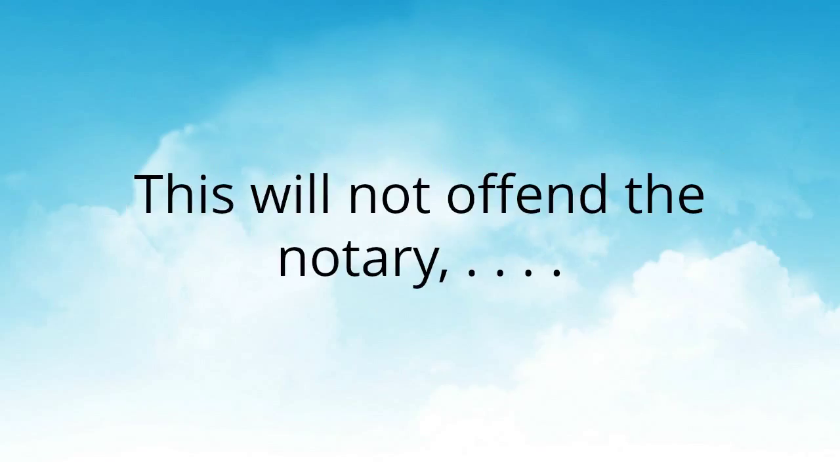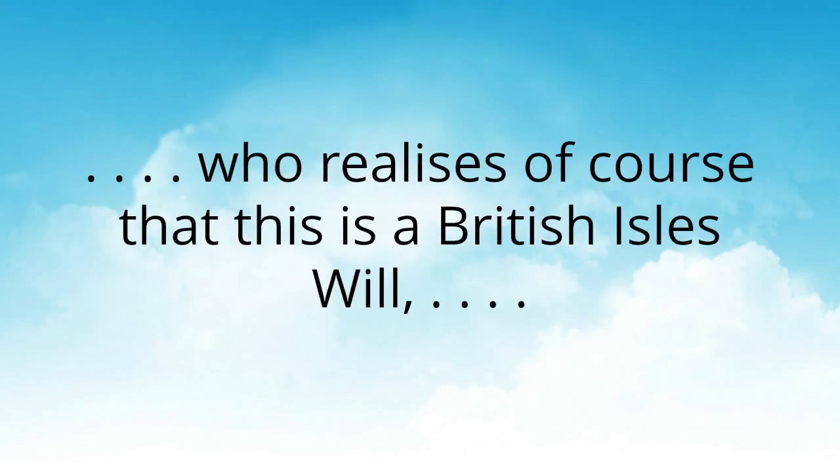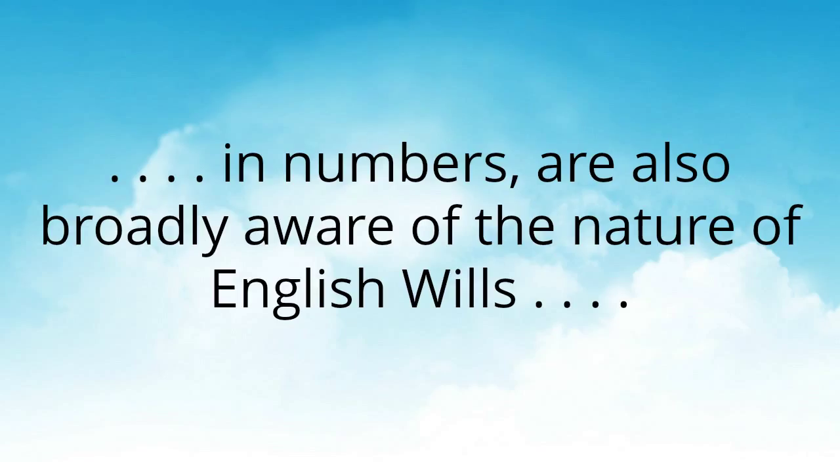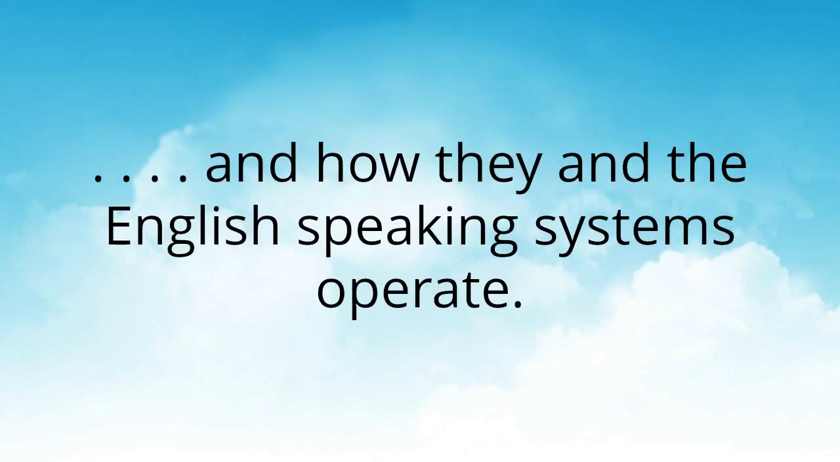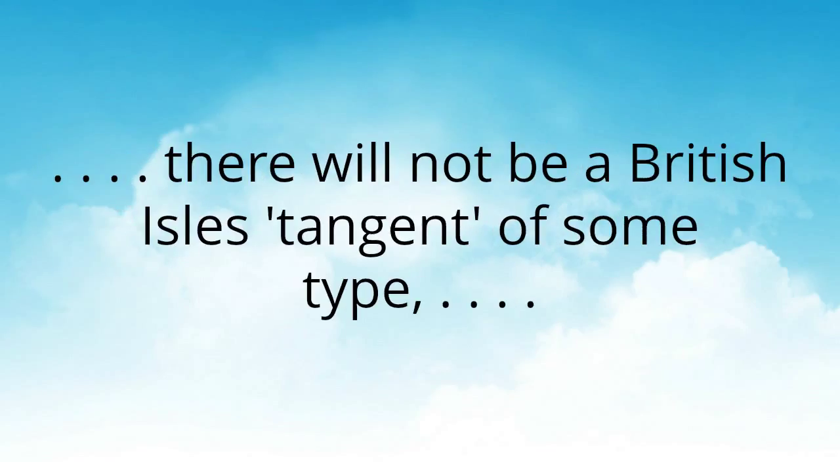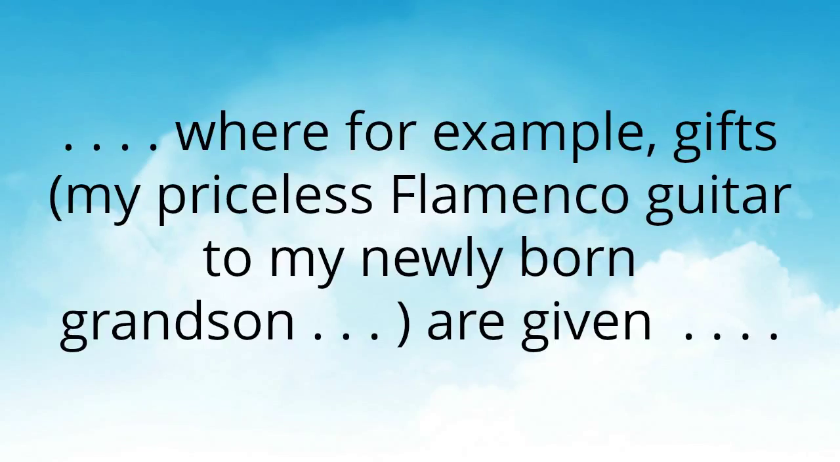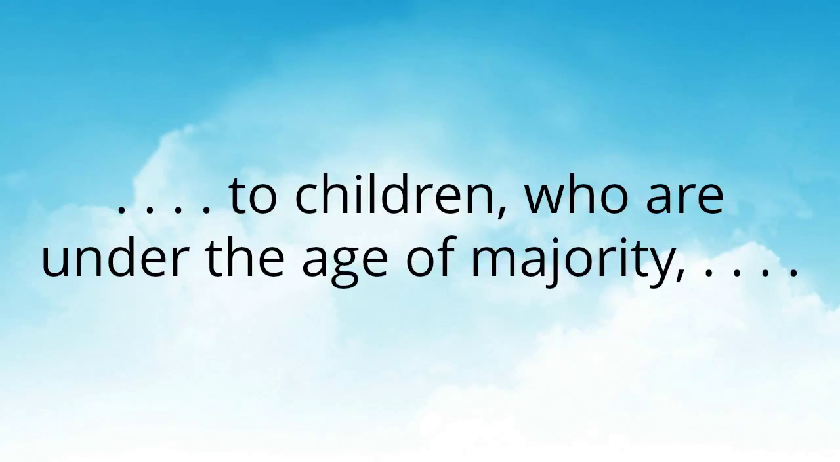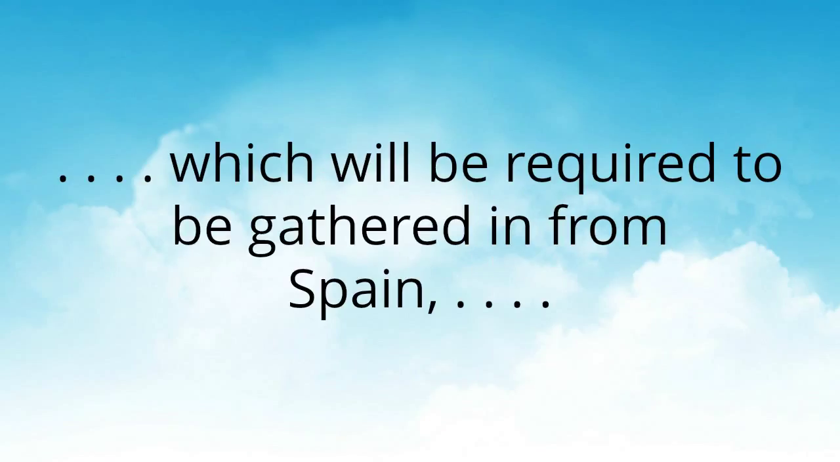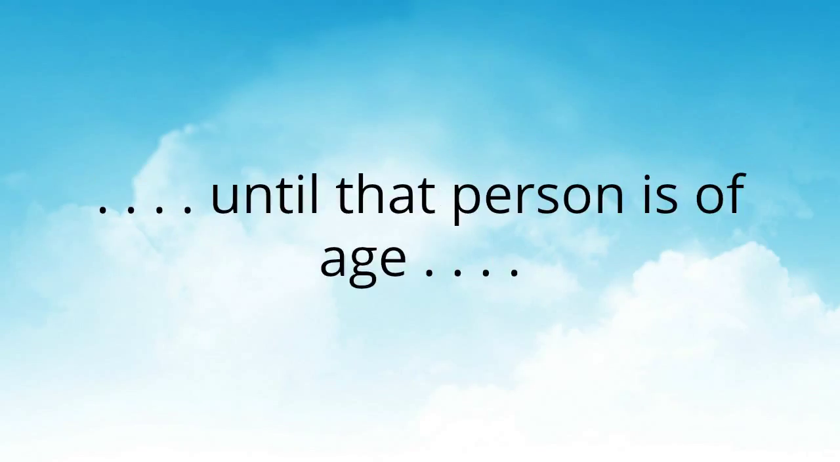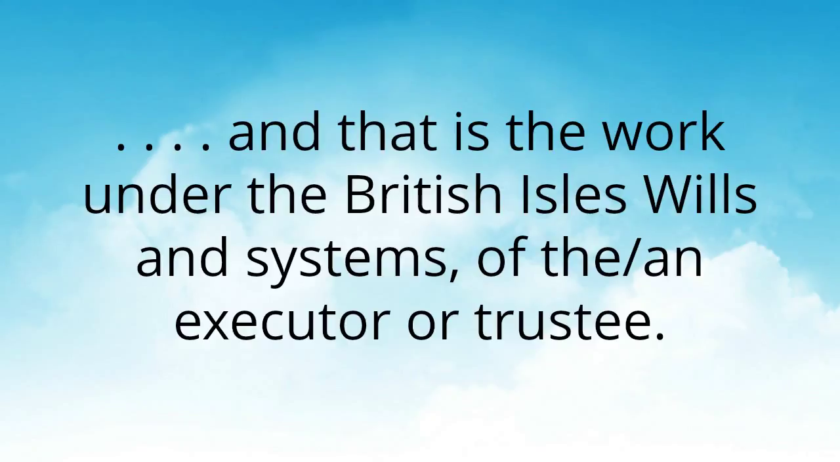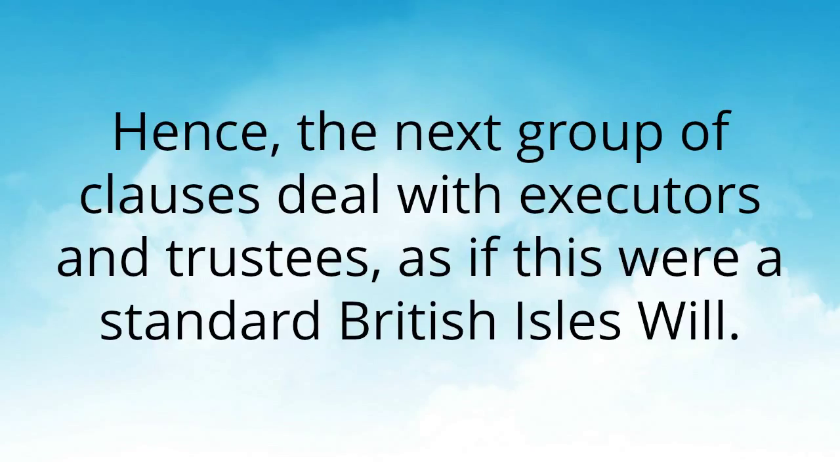And just because assets are situated in Spain or belong to somebody who's in Spain, it doesn't necessarily mean that there won't be a British tangent of some kind calling for an executor or a trustee to act, which don't exist in Spain and France, etc. Where, for example, gifts are given to children who are underage, which will be required to be moved from Spain to the British Isles and held until that person comes of age. This is the work under the British Isles system of an executor or trustee,